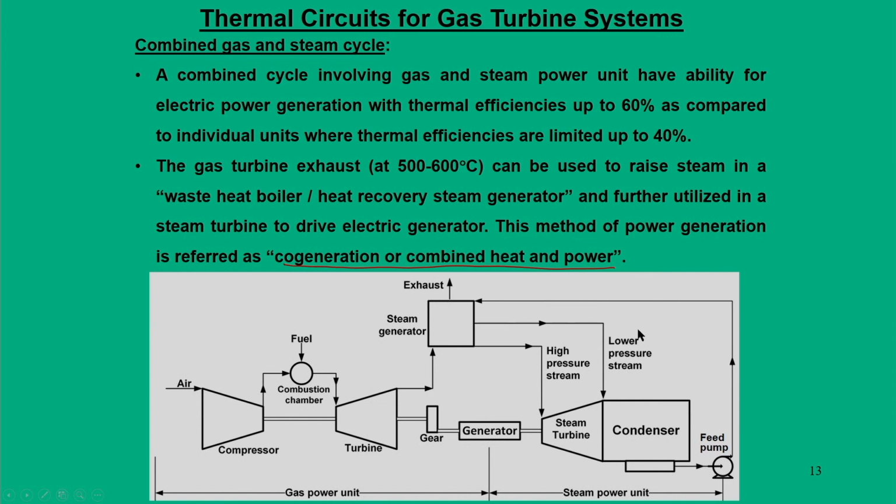The other way of operation is that, except for this, the gas turbine units and steam turbine units operate in an independent manner. And why is this way very significant? Because the exhaust from the gas turbine is typically at a temperature of 500 to 600 degrees centigrade. So, if you do that,